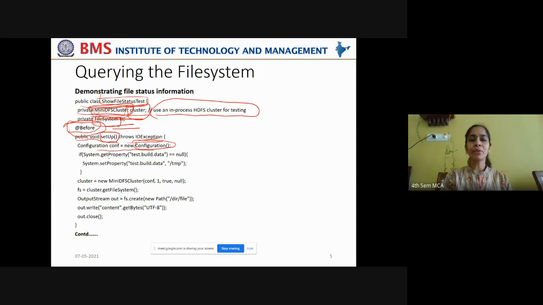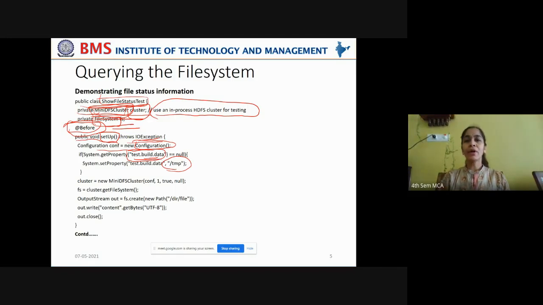Now, System.getProperty, what property are you referring to here? You retrieve the property, and if the property of test build data is equal to null, then set that property to a temporary directory.